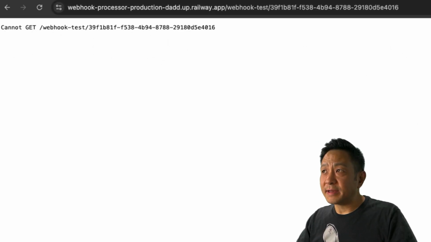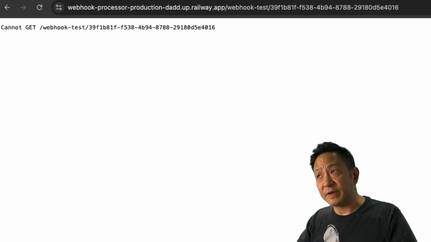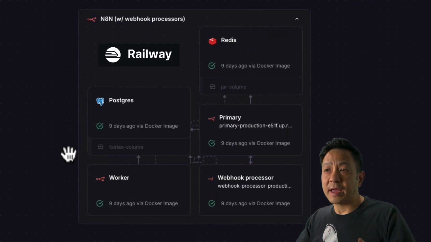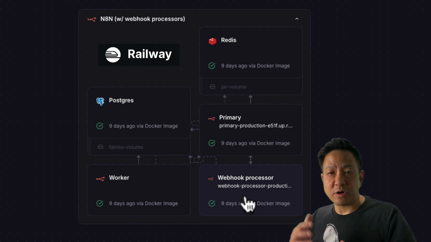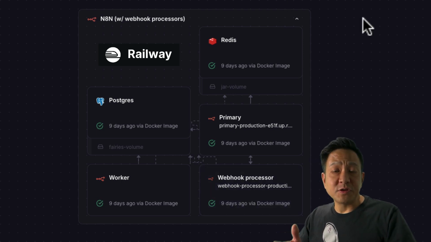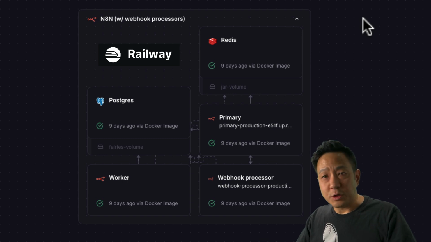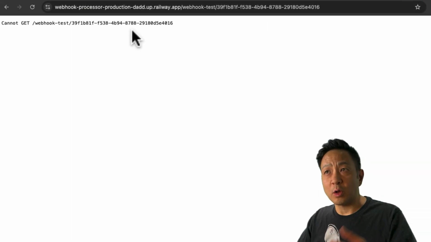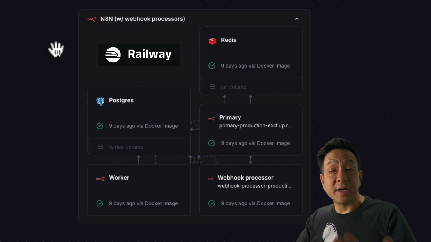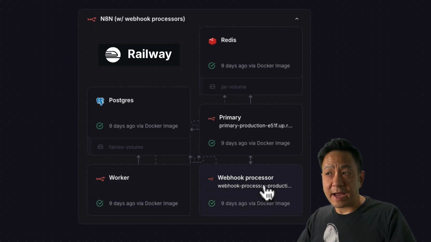And the reason for that is because, if you recall from a previous video, I had set up my n8n instance using a template that looks like this, and it has its own webhook processor service. And that causes some issues when you're testing webhooks. If you set up n8n any other way, you won't have this problem, and this test webhook URL would work as it should. But if you have n8n set up like I do on Railway, where there is its own